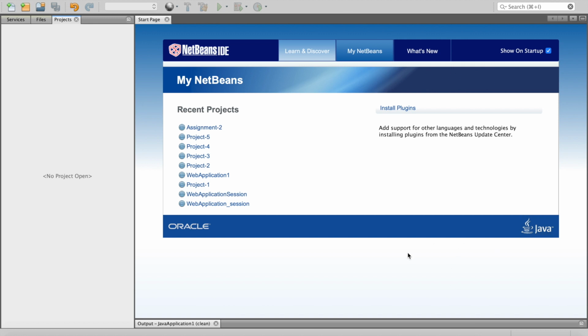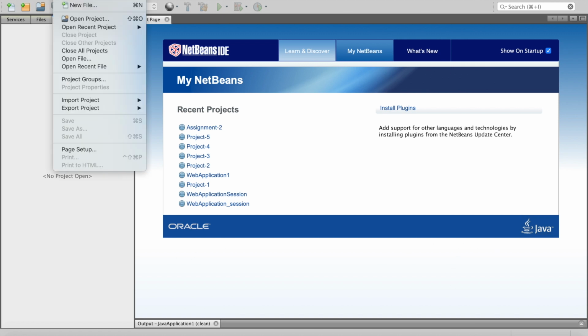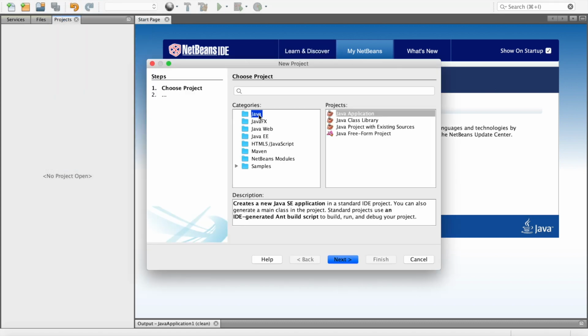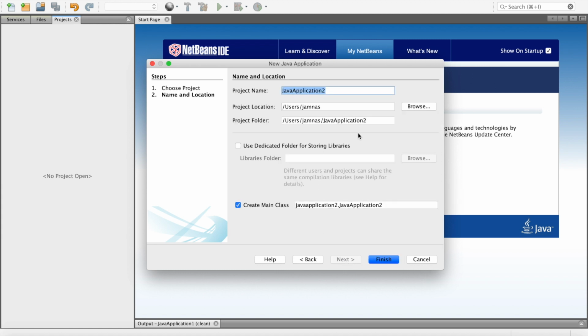So in NetBeans, I will go to File, New Project, Java, Java Application, that's fine. We can name it lecture 2 code, and it will automatically create one main class, right?